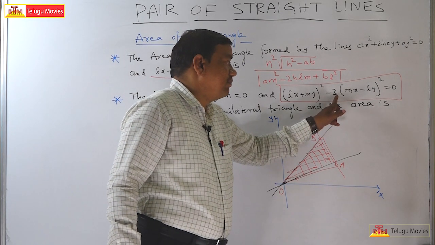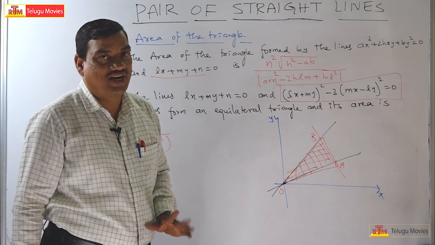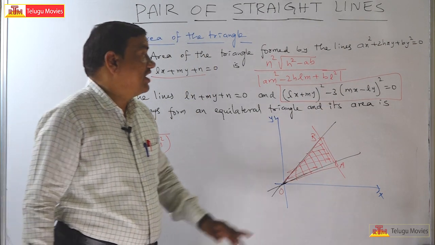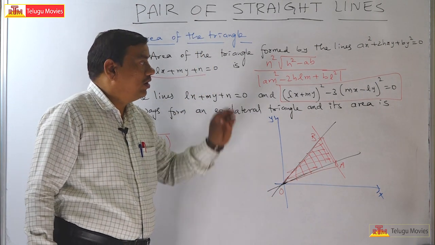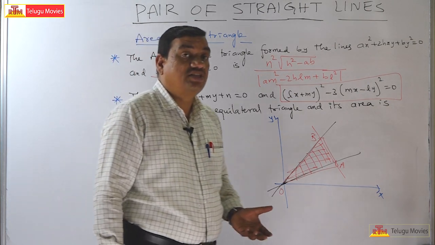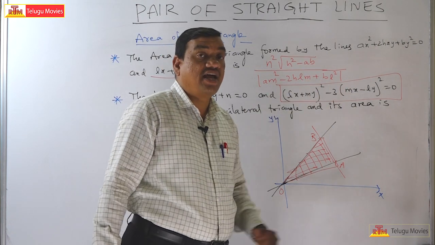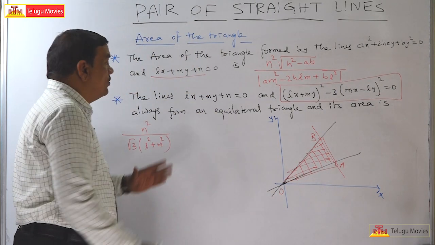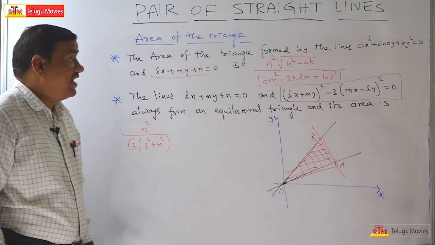If it is a 1 in place of 3, then it is a right angle isosceles triangle. If it is a 3, then it is an equilateral triangle. If any other constant is there, any number like 5, 6, 7, 8, other than 1 and 3, then an isosceles triangle will form. Now, this line and these 2 lines, 3 lines together form an equilateral triangle, and its area